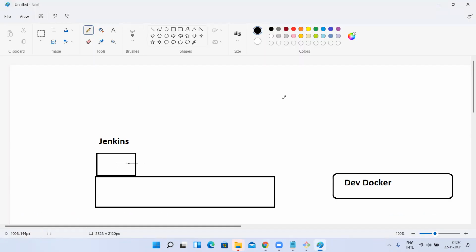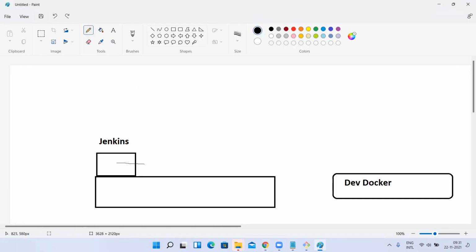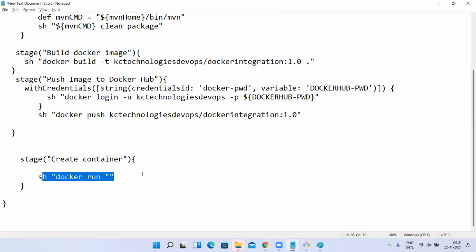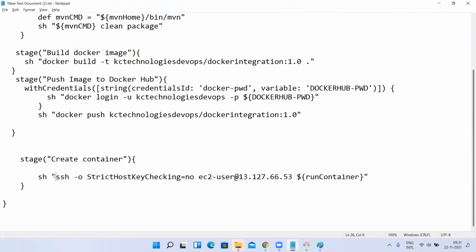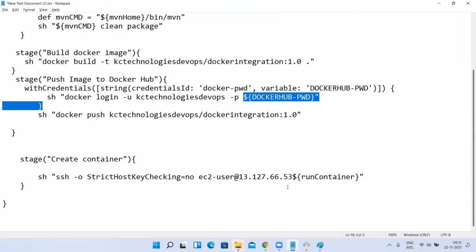Okay, let me take that. So how to do this SSH? It's very simple. Take this. You can pass it like this: SSH username, IP address, -p, -u. The username syntax is there, the path where you want to copy, and -p password like that you can give. If I give the password directly like this, it should not be visible, right? I want to give it as a secret.